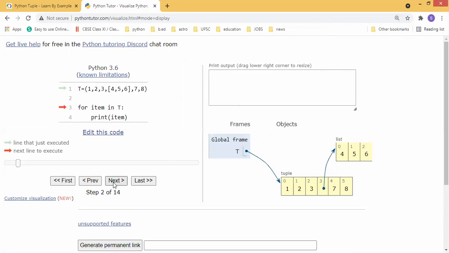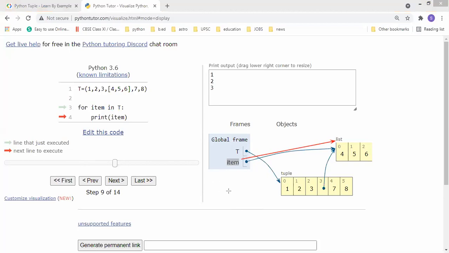So this is a tuple. So for loop. Okay, see, first time the item value will be 1. This value comes from here, so it will display 1. Next time it will display 2. That is items from the tuple. Everyone understood or not? The next time, see, this item is referencing this next level list. Students understood or not?